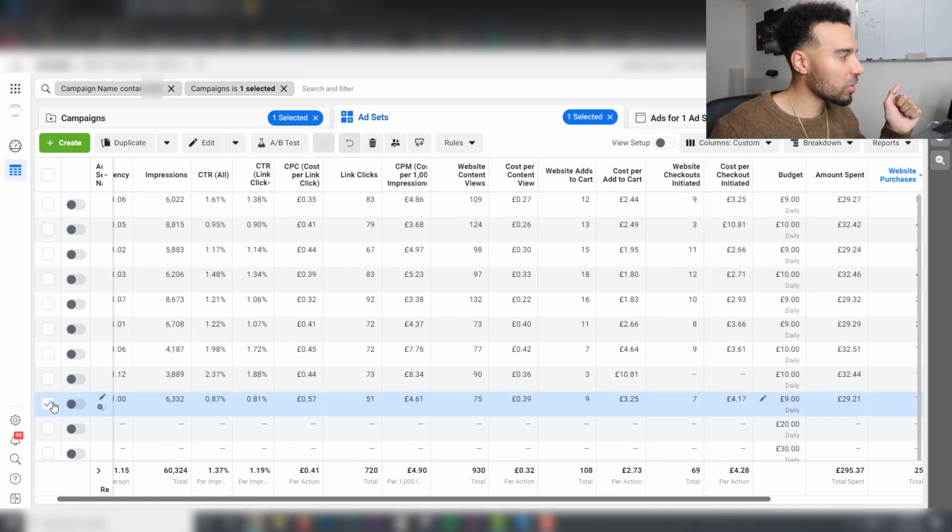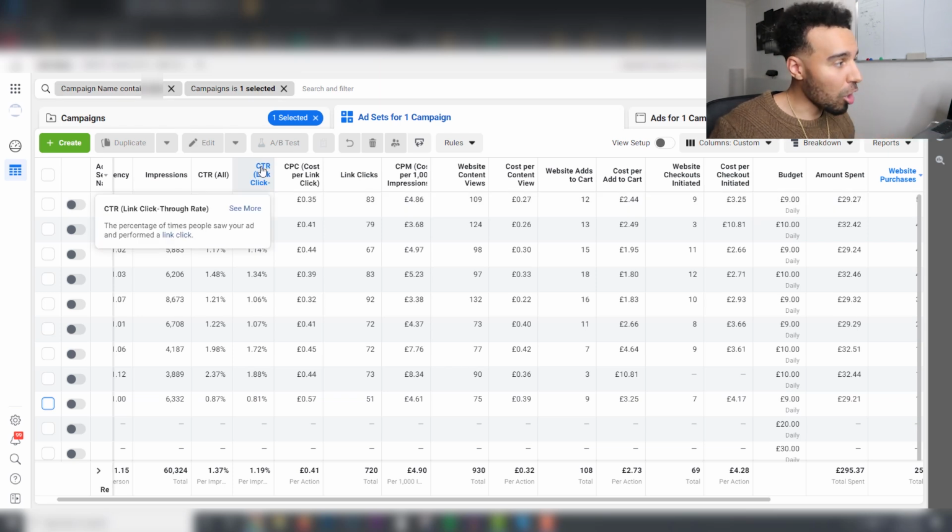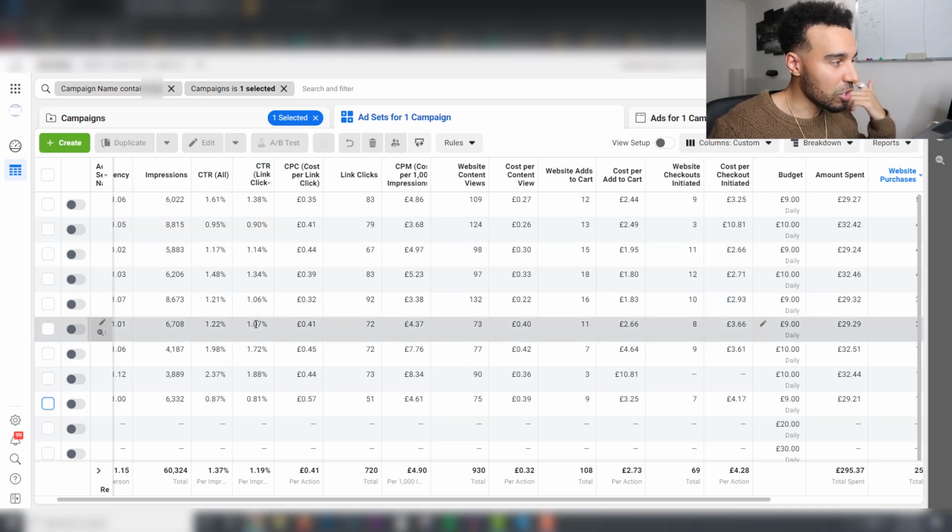So the first thing I'm always looking at, and the first thing you need to look at, is what your link click-through rate is, okay? This metric here. If it's lower than 1%, okay, then you need to make some changes, and I'm going to tell you what those changes are or what you can do. Some things I would mention is that you can potentially change your creative. So you can change things such as your thumbnail. You can change the first 3 seconds of your video. You can change